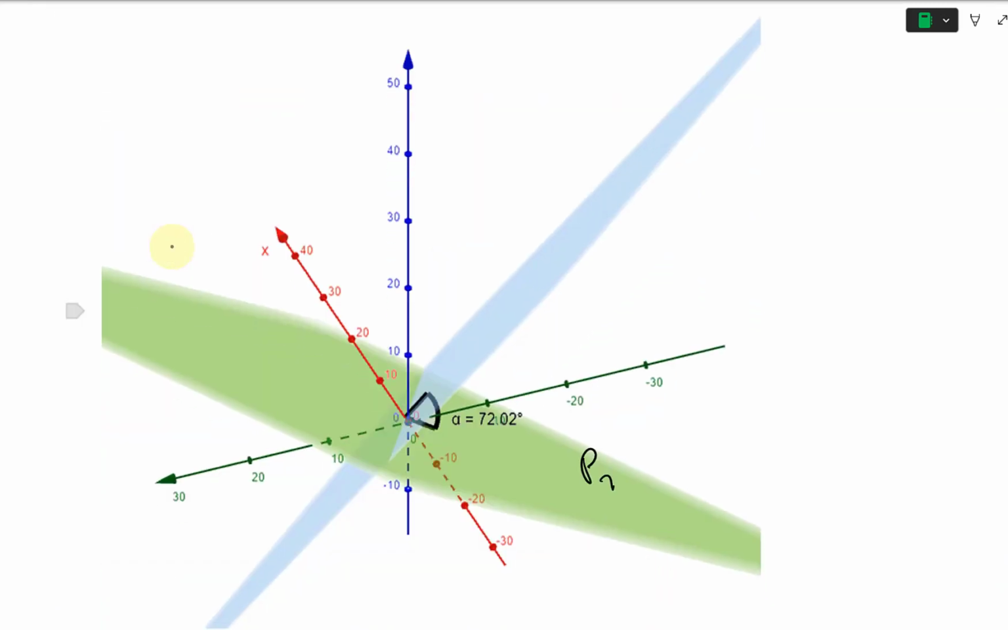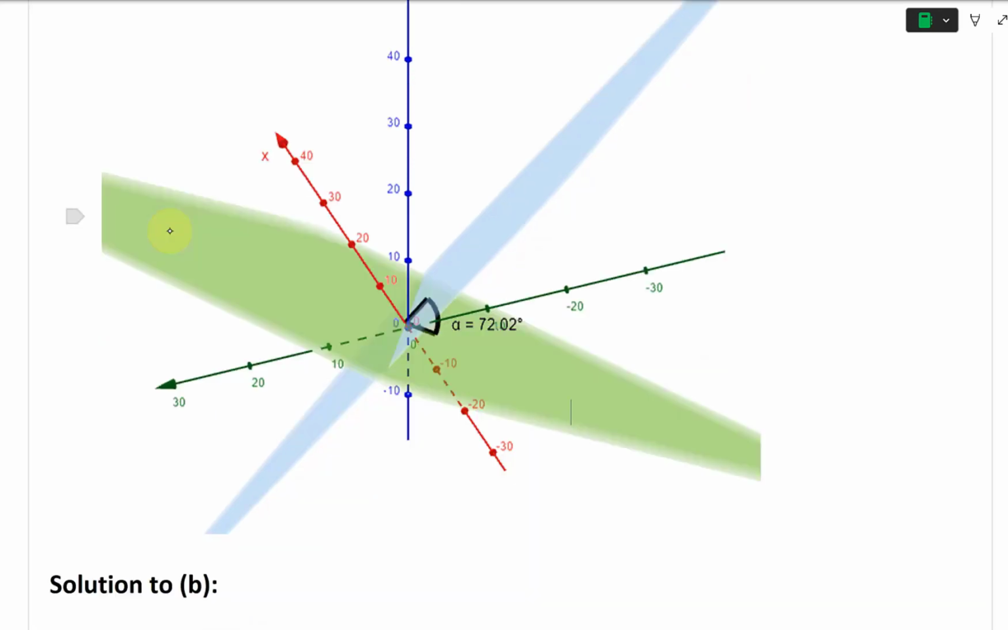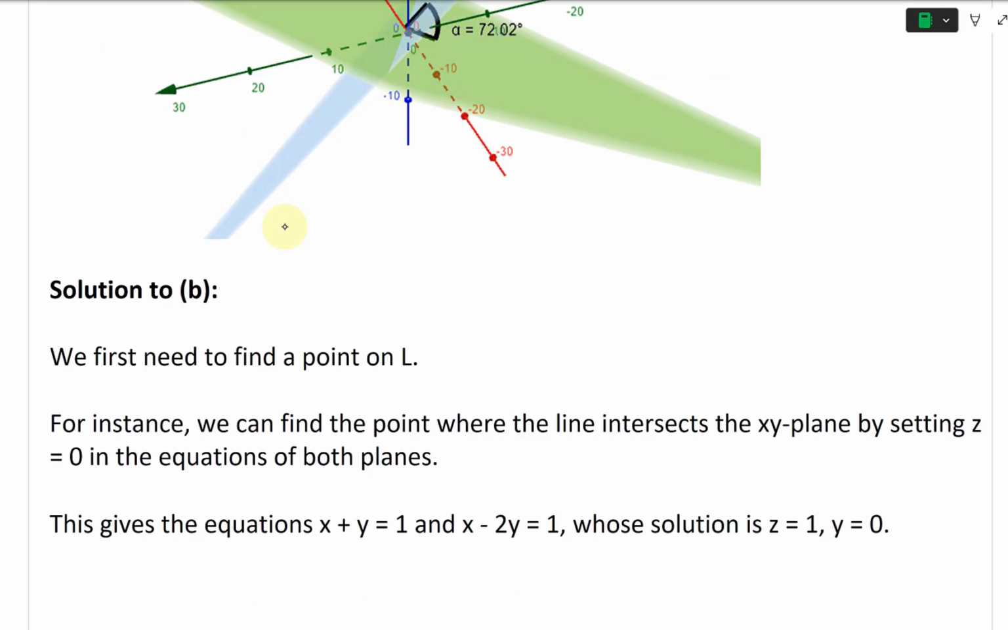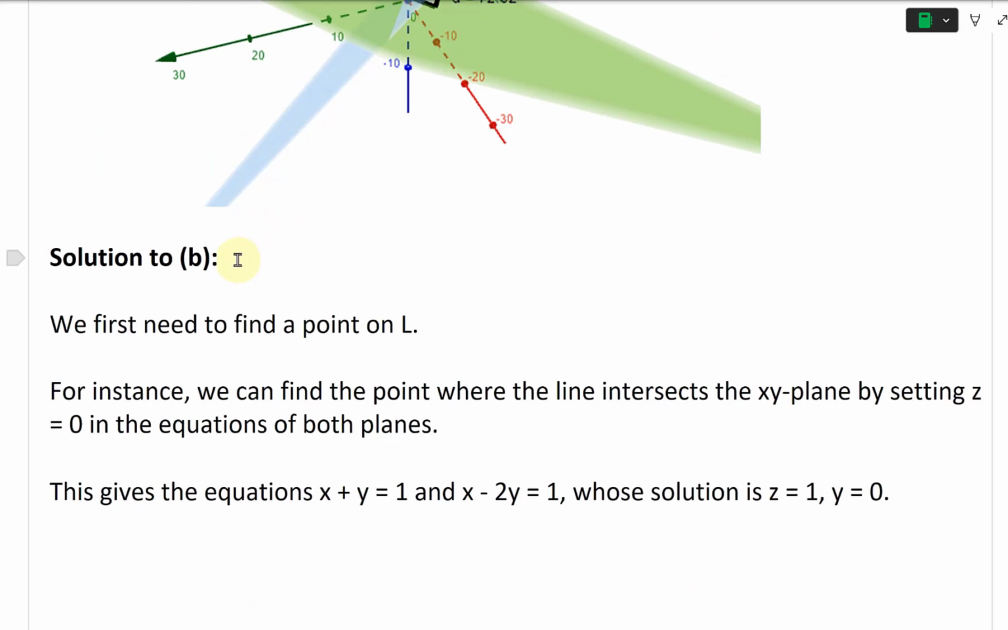So this is P2, P1, and there's the angle 72.02, all shown automatically in 3D. Epic stuff here. All right, now let's take a look at the solution to B, and this is finding the line L